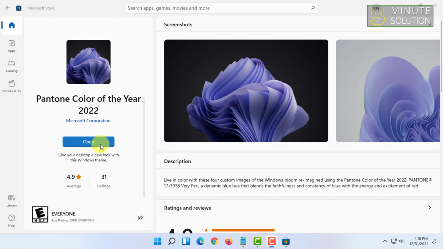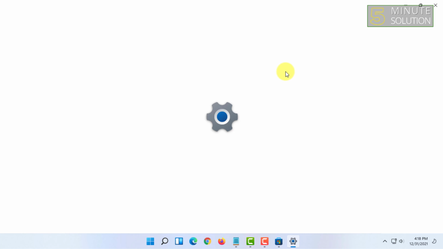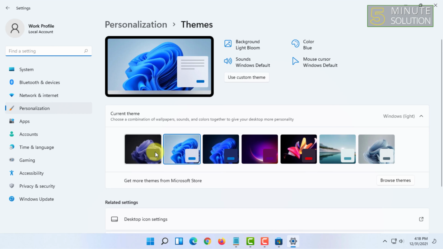Once it gets downloaded, you can click on open here. It will open your settings and you can choose the theme from here. So this purple type theme is the Pantone color of the year theme. When you move your mouse over it, it says Pantone color of the year 2022. You have to click on that